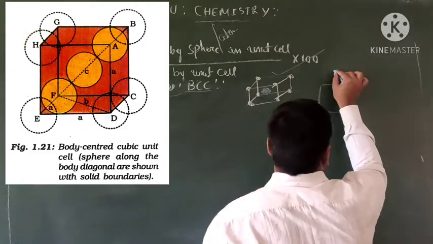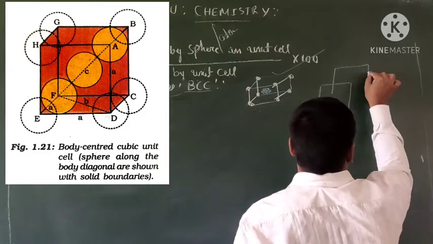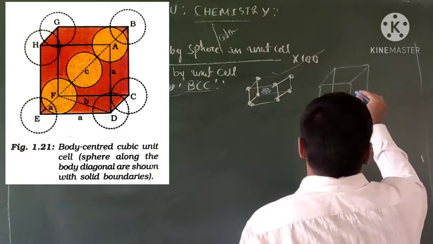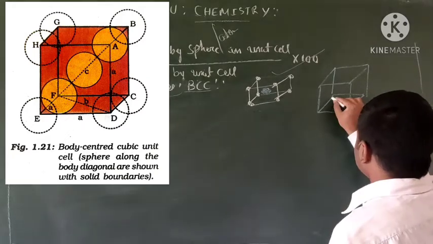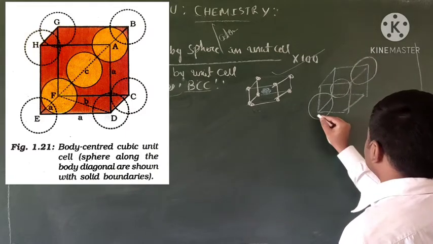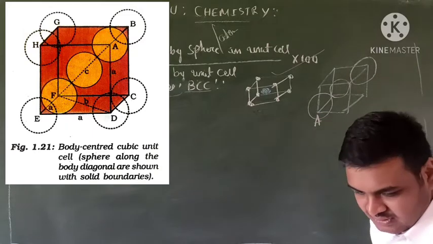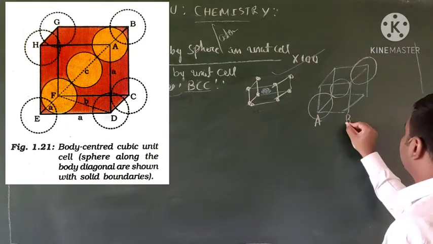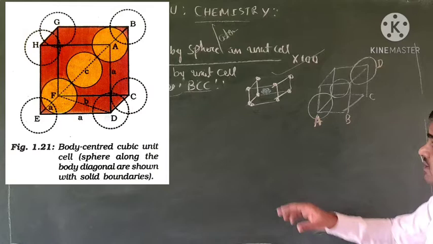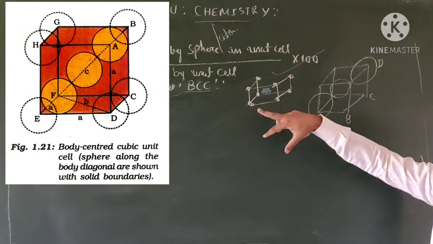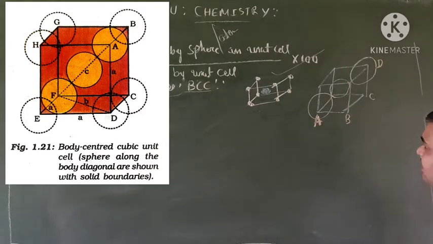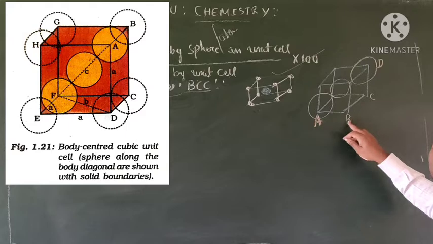This is the structure in your textbook. Write it like this, or try to understand it this way also. In this structure, we can solve it. Students, this is called A, this is B, this is C, this is D. This is the structure you consider to solve in the textbook. This is a simple way to understand. So this is A, this is B, this is C, this is A.